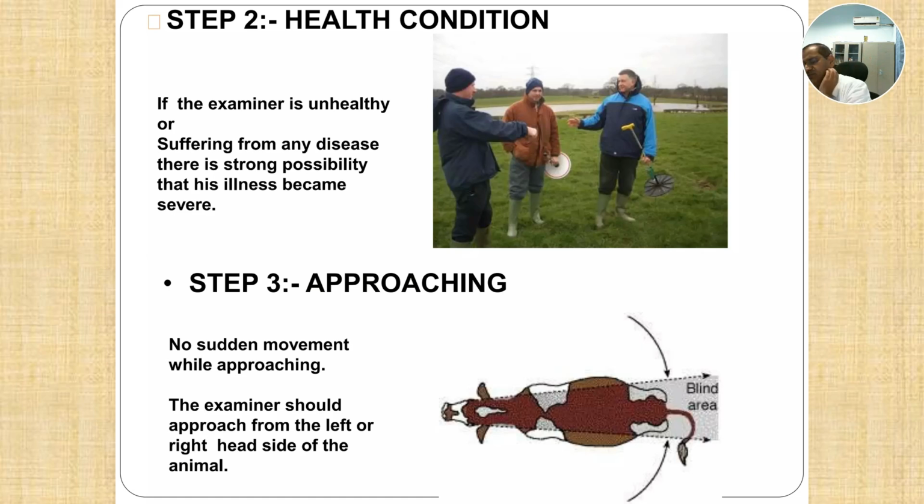In such cases, the animals need to be handled with no sudden movement, no jerking, no sudden racing of the animals. The examiner should approach from the left or right side of the animal, and always be away from the hind limbs. There is always a chance that the animal may imagine that something is coming and may give a very